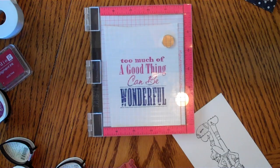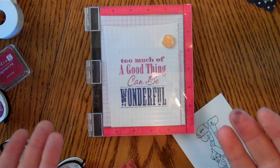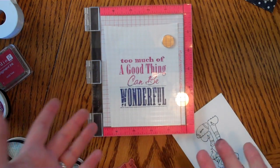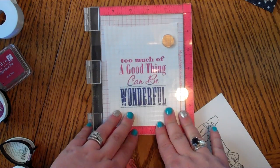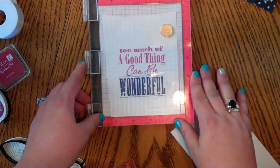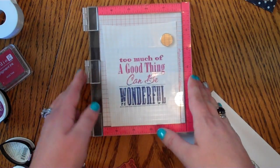If it's something you're thinking about, maybe for Mother's Day you could ask for it. Because I know it's a little bit pricey, what I do with my husband, if there's something I'm saving up for or something I want to get, I'll say, how about you just put towards my new Misti, and then they can put whatever towards it, and if you have a little extra money saved up, you can put the extra towards it. Or maybe you have a birthday coming up, this would be a great tool, because it's something that